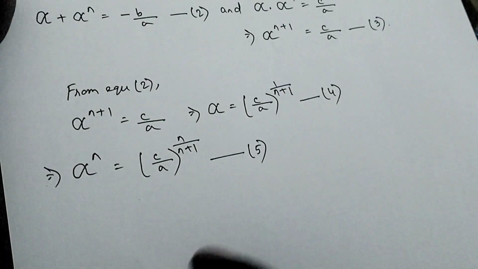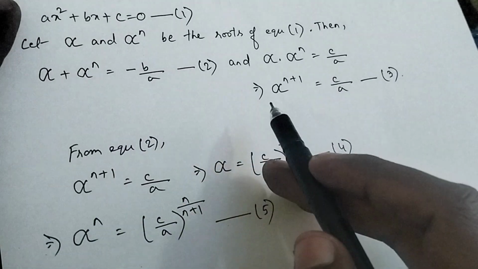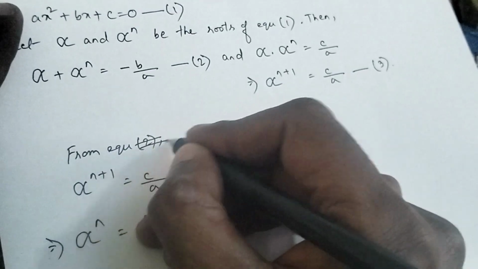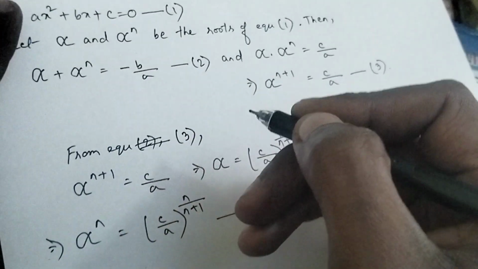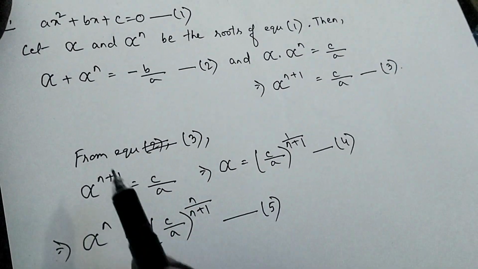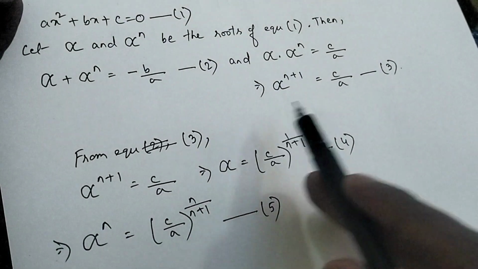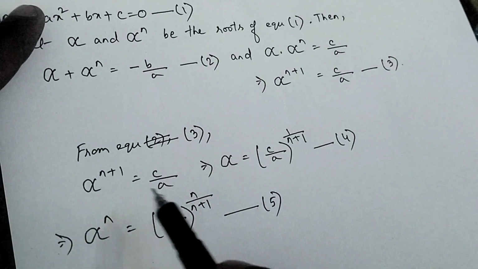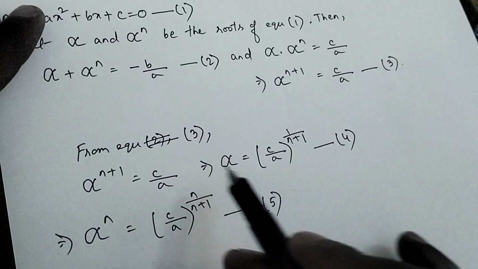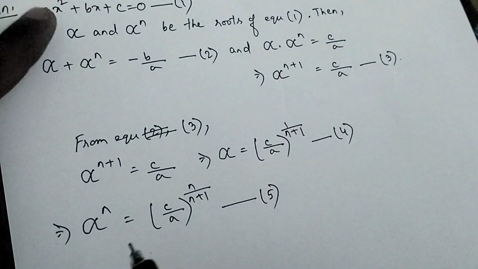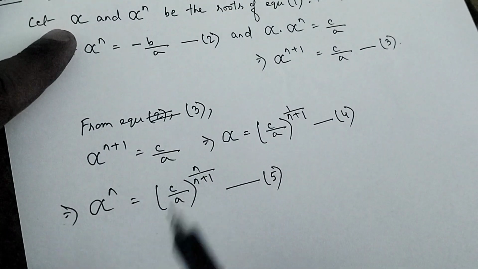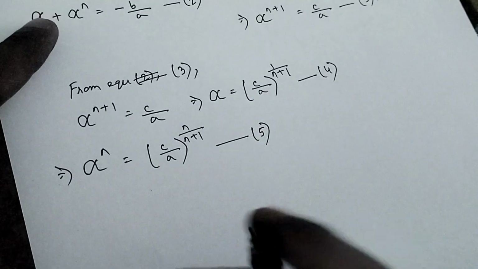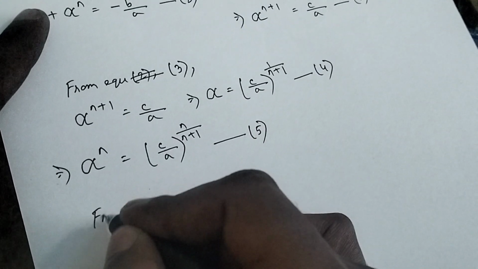So from equation 3, alpha to the power n plus 1 is c by a. So alpha will be c by a to the power 1 by n plus 1. So alpha to the power n will be c by a to the power n by n plus 1. Okay, so now from equation 2,